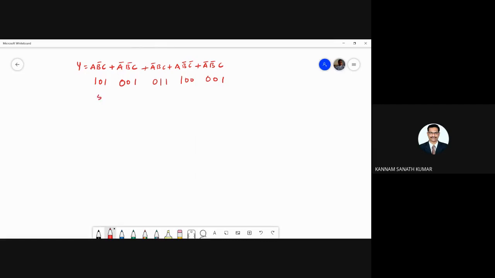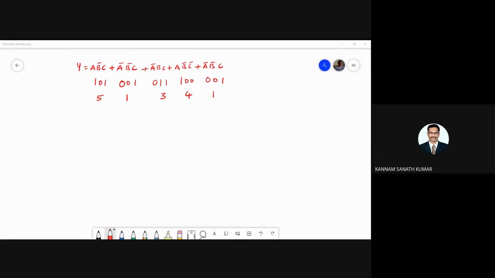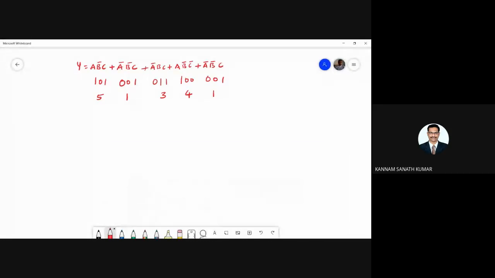So this is 5, this is 1, this is 3, this is 4, and similarly this is 1. Sorry, this one is a bar b bar c bar, which is nothing but 000, so this is 0. So y in terms of summation, you can write capital M of 0, 1, 3, 4, and 5.